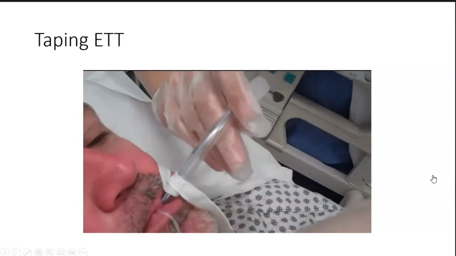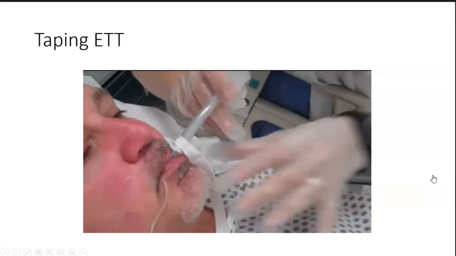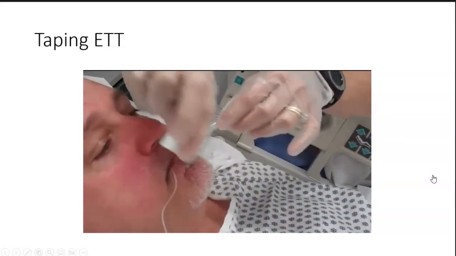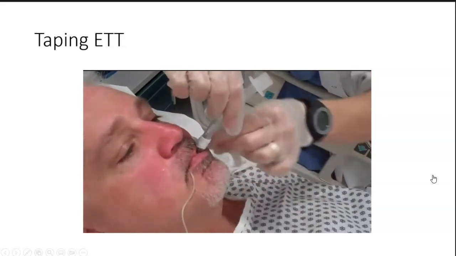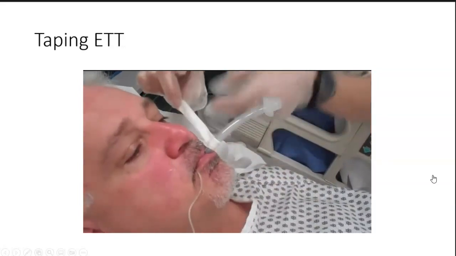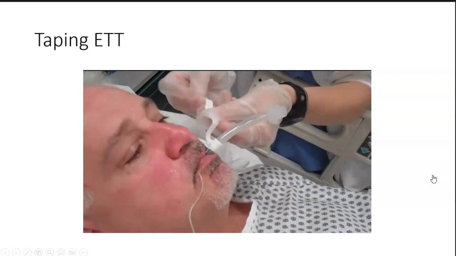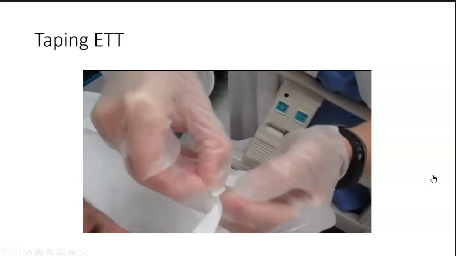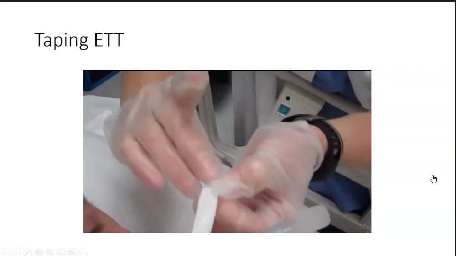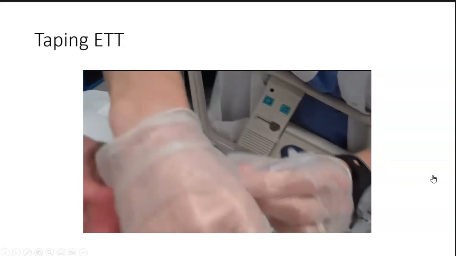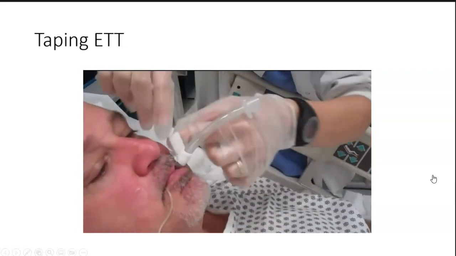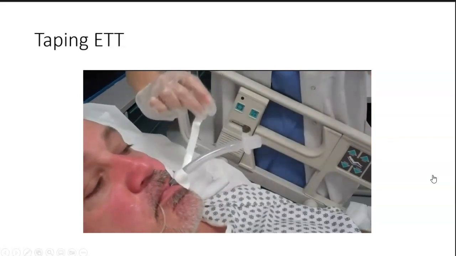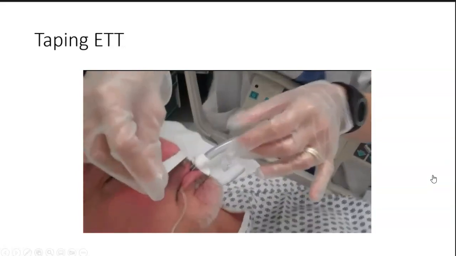While I'm wrapping, I do not tape my pilot balloon. Okay, I'm going to wrap this. What I'm going to do at the end, and this makes it real convenient when you're taking it off, I'm going to take the end portion and flip it over and tab it. So I'm going to take this, wrap it around. Now this part, I'll take a little bit of that off and I'm going to go over the top of